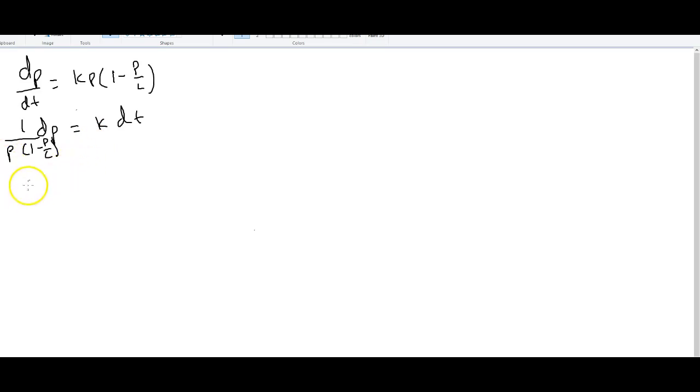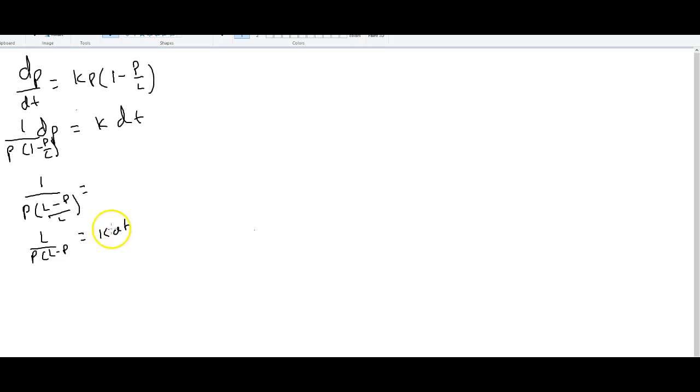So I'm going to go ahead and do that. Because we know how to do fractions, we should absolutely do that, because otherwise I'm going to have a real tough time doing this. And so I get P, and then I end up with L minus P over L, right? And then the right side stays the same. And I'm going to keep going by flipping and multiplying. I end up with this monstrosity, which is L over P, L minus P equals K